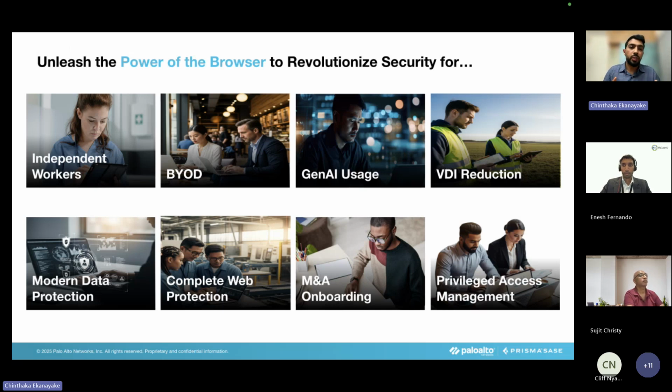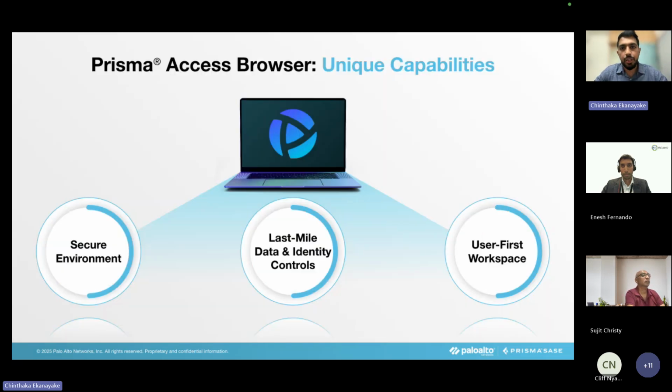And also the Prisma Access Browser has capabilities around privileged access management as well, where you would not need another solution to do privileged access management, especially when it comes to third parties or contractors. We can do just-in-time access controls. We can do screen recordings. We can have the complete record of activities, what has happened over the session in the enterprise browser. So these are some of the use cases, but it expands as it provides a lot more capabilities around data security, right? Now let's double click.